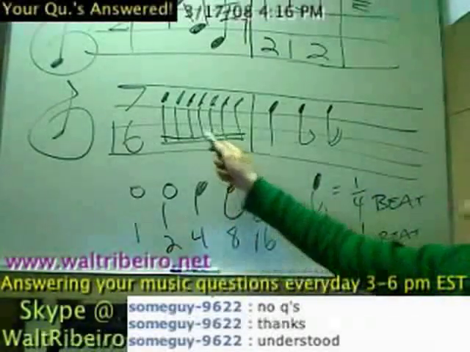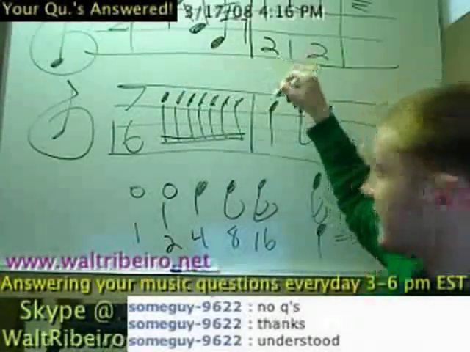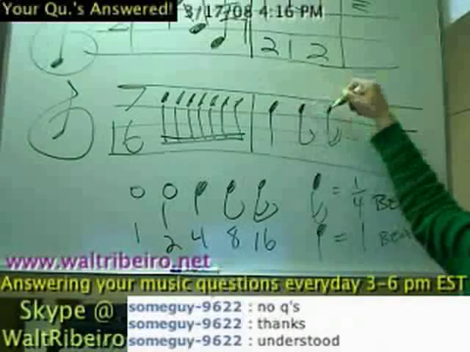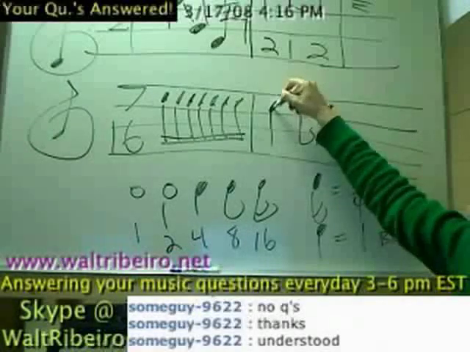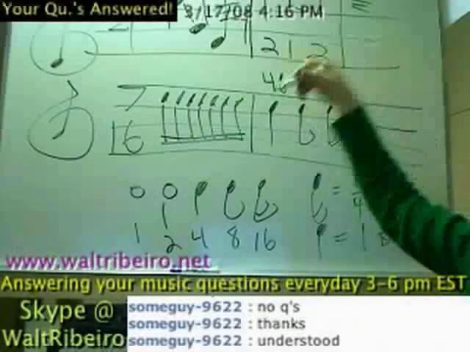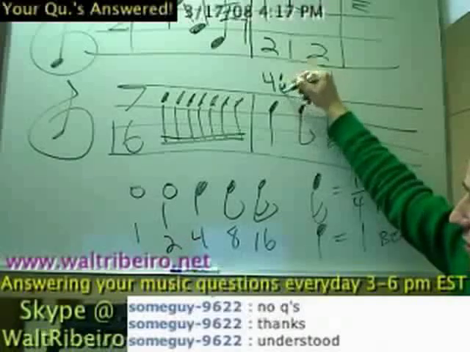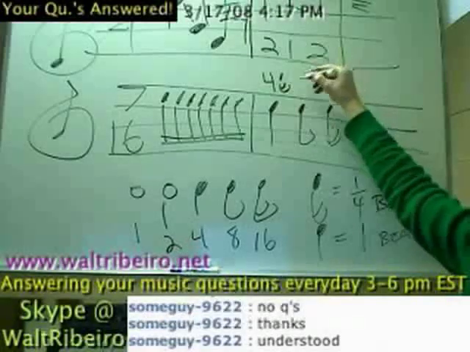So let's go back here, and let's look at the fact that there's 7 16th notes, and this next measure, I have a quarter note, 8th note, and then a 16th note. This quarter note actually is 4 16th notes. It's the same duration as 4 16th notes. This is a miniature 16th note. Okay? This 8th note gets the same